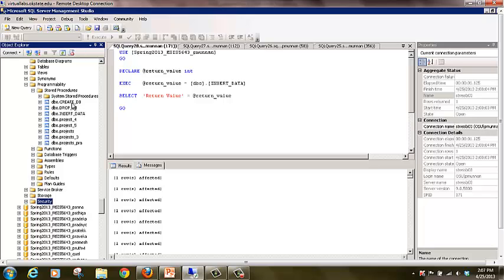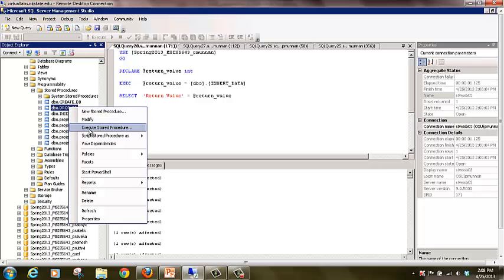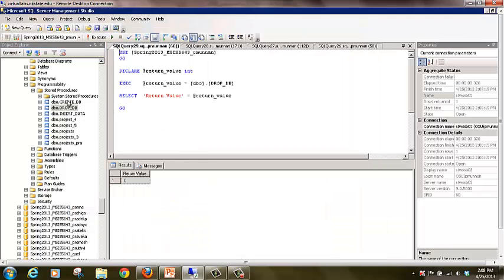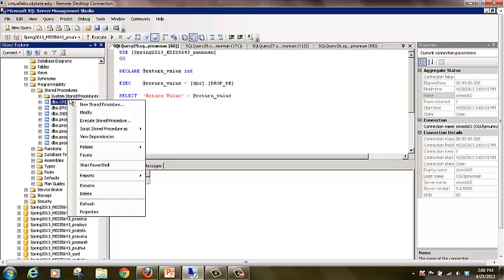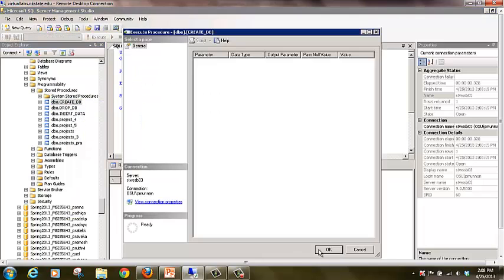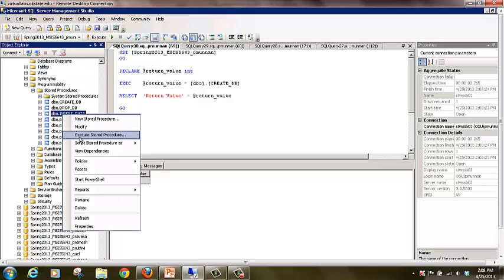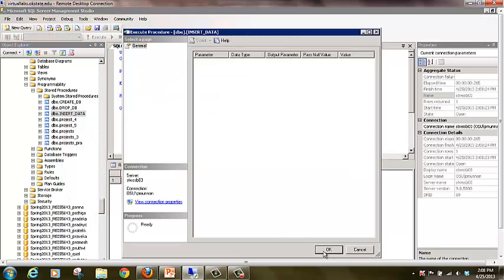We have created various stored procedures to create, drop, and insert data. If I want to drop the tables in the database, I can click this stored procedure and execute it. This drops all the tables. If I would like to create tables, then I can click on this stored procedure and execute this. This feature is also incorporated on the front end for an administrator login. If I would like to insert the data into the tables, then I can execute this insert data stored procedure,